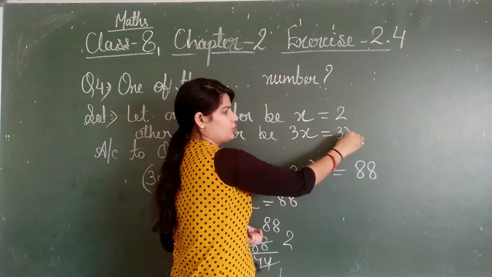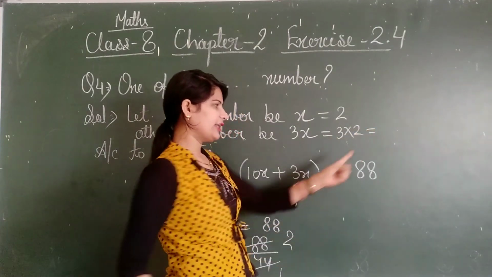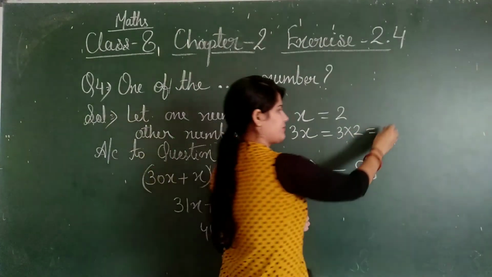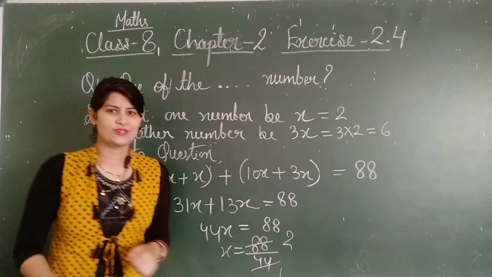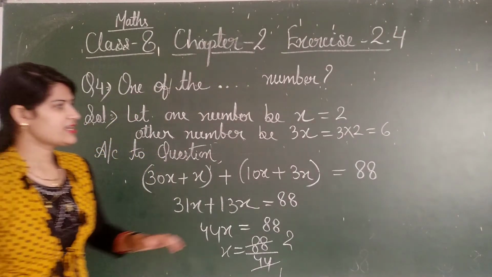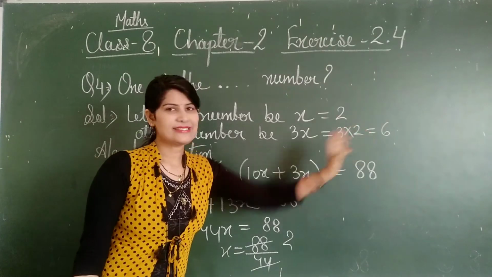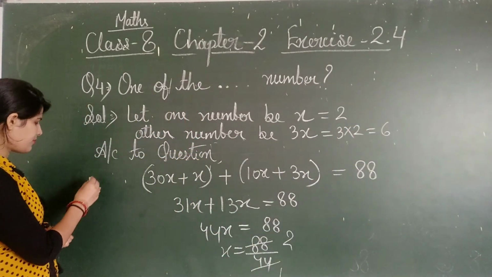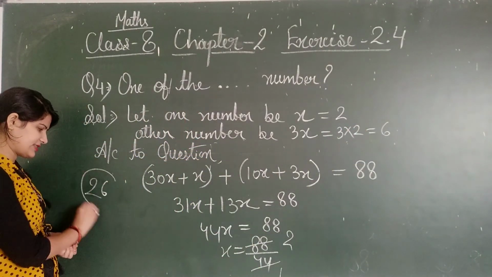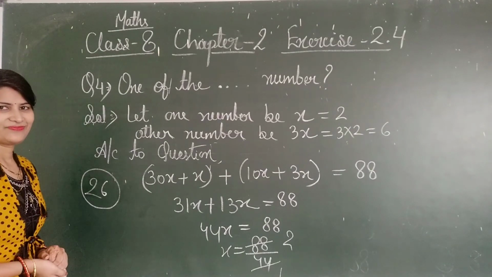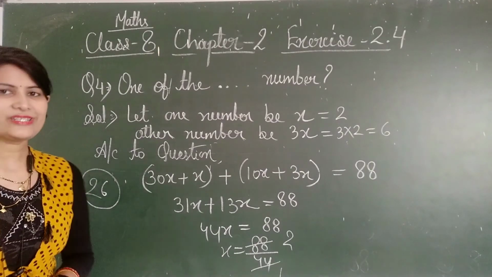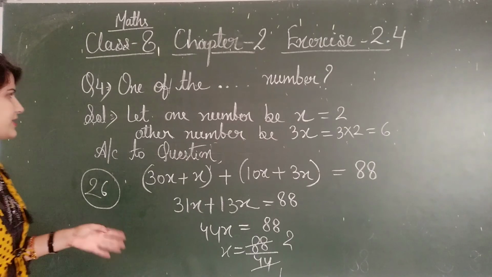3 multiply x value, 3 multiply 2. You will get 6. So here is 6. So the answer of this question is: first the tens place 2 and the ones place is 6. 26, because the two-digit number is 26. This is your answer. Okay. So kindly note this down. And now let us see question number